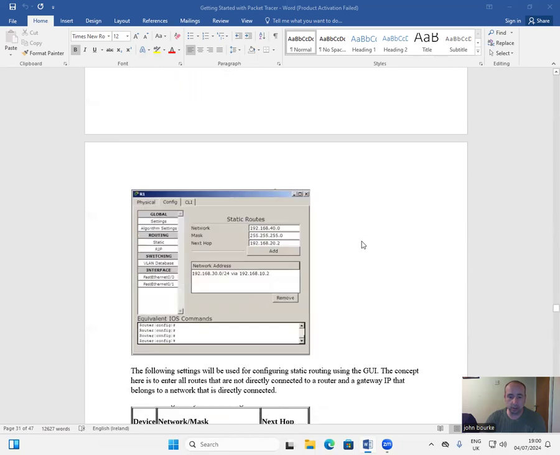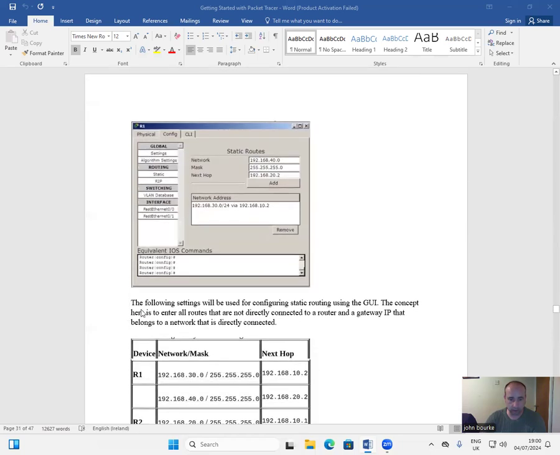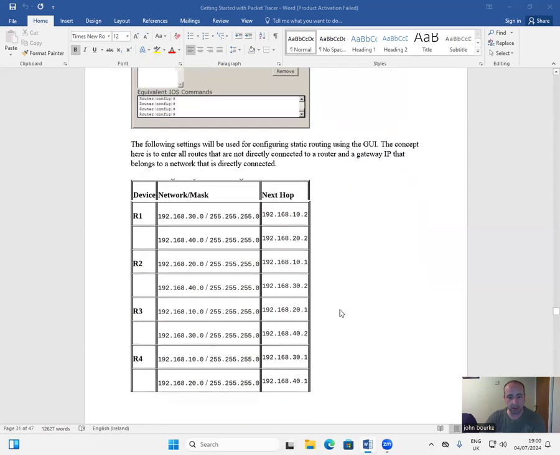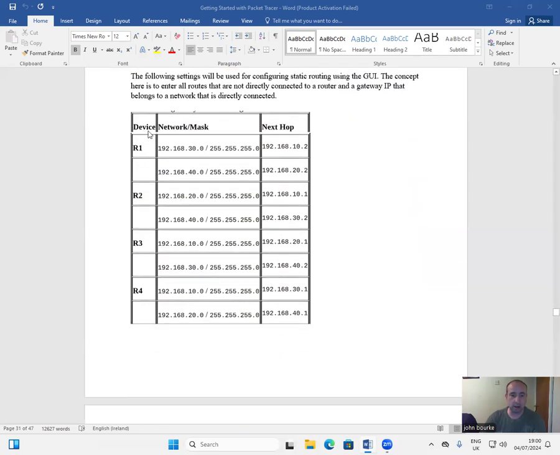The following screenshot is displayed. The following settings will be used for configuring static routing using the GUI. The concept here is to enter all the routes that are not directly connected to a router and a gateway IP that belongs to a network that is directly connected. So we'll start here. Device, network, mask, next hop. Router 1: 192.168.30.0, 255.255.255.0, 192.168.10.2,